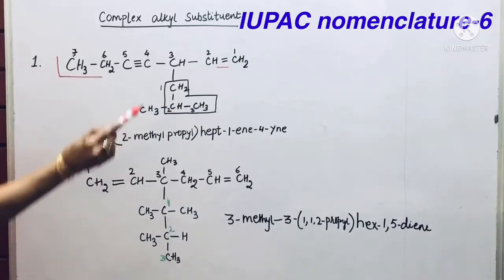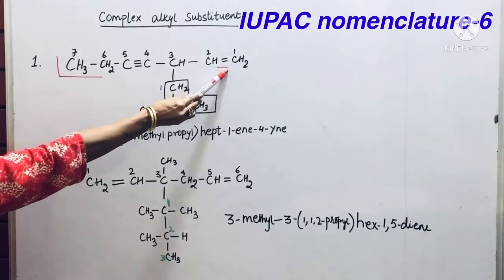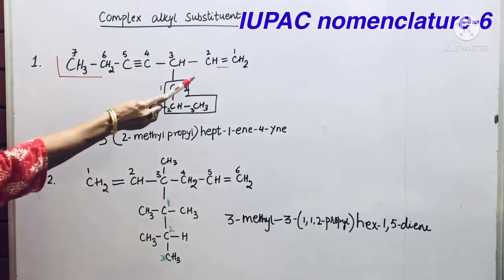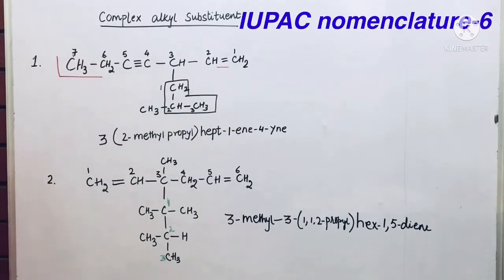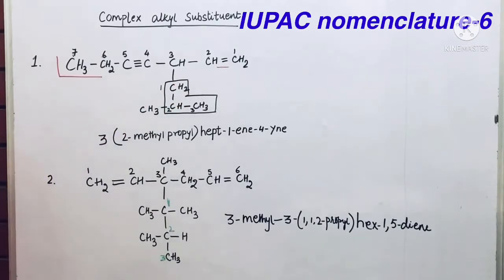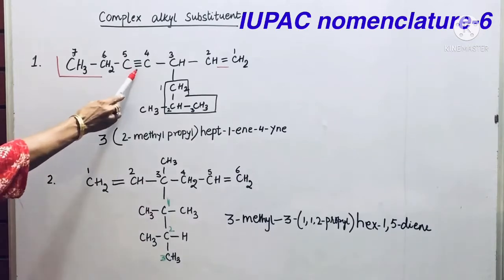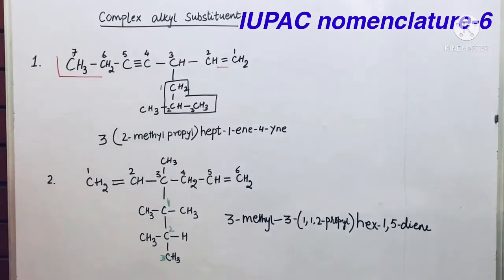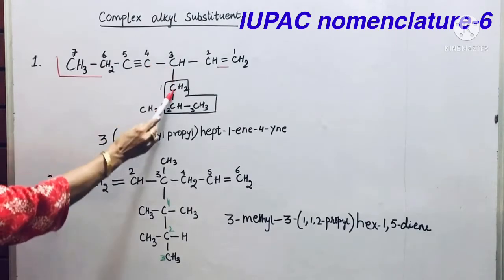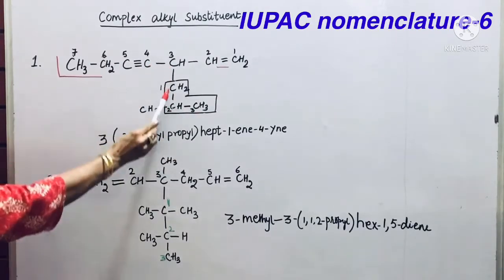So now on this chain I have numbered from this side because the double bond must get the lowest number, but your compound will be an yne. We've discussed this before. If both a double bond and a triple bond are present on the chain, then the numbering is done from the double bond, that is, the double bond is given the lowest number and your compound's name ends with yne. Now on this chain, at place 3 there is another chain, and